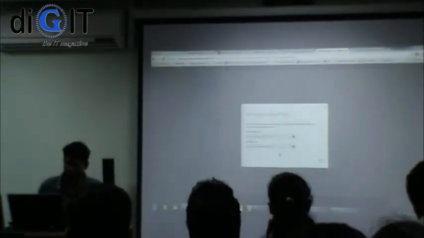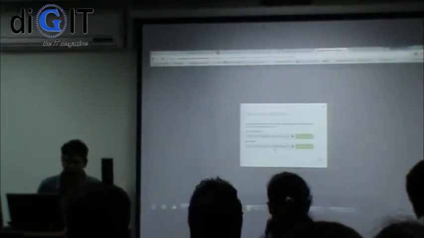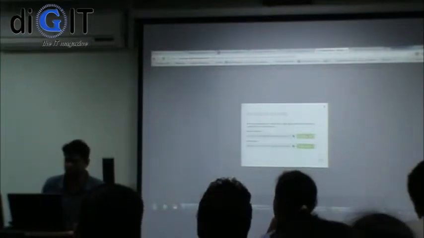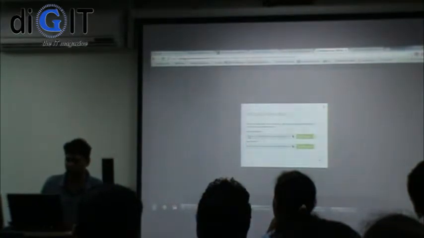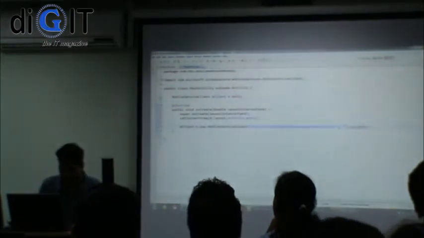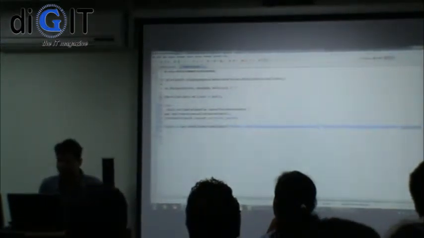App key. Find your app key under manage keys right here, at the bottom. Not very obvious, but that's where it is. You get the master key and the application key. What we care about is the application key. This is supposed to be a secret. We can regenerate it, but it will invalidate all your clients if you do that. So I'm just going to copy it. This will obviously come from a configuration file of some sort.